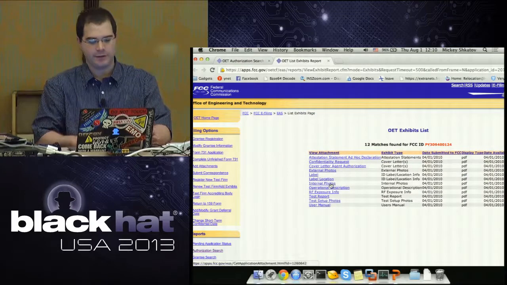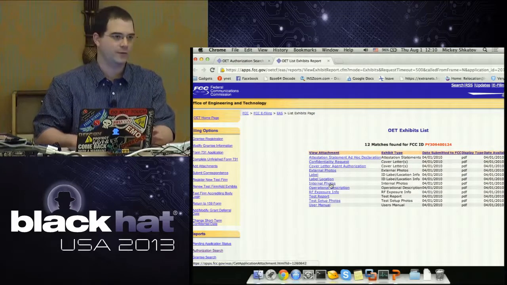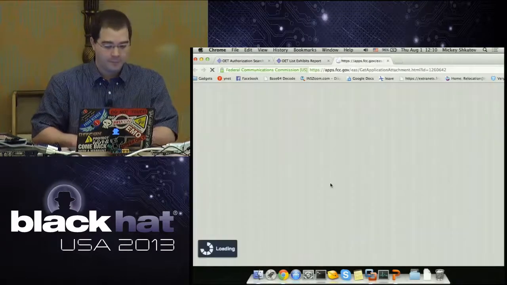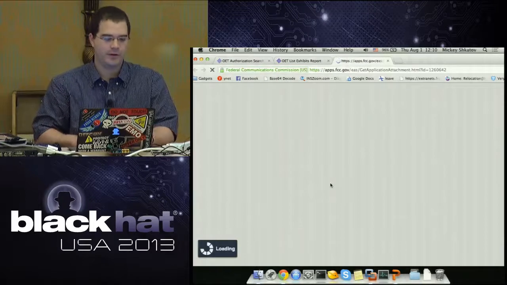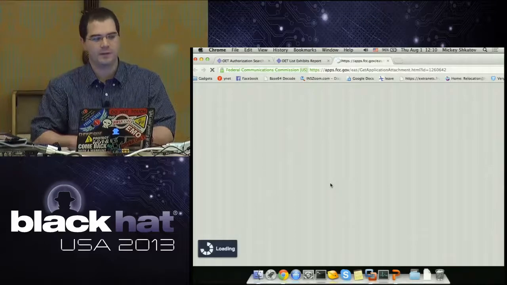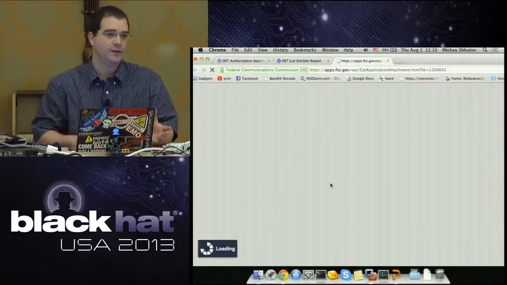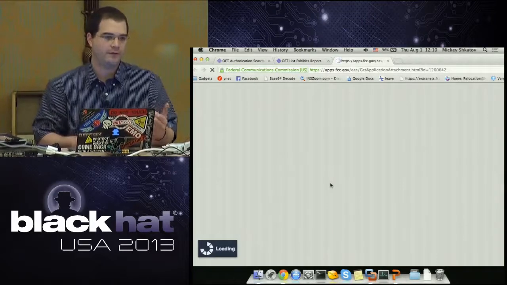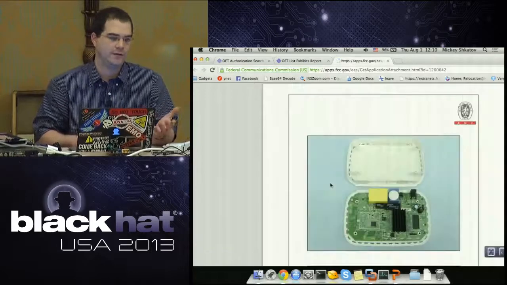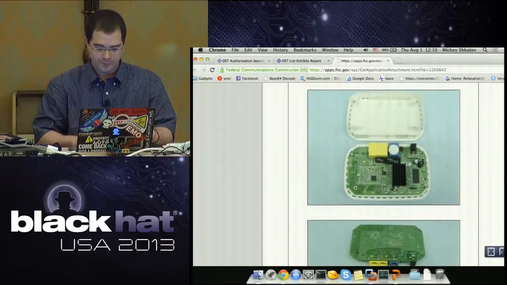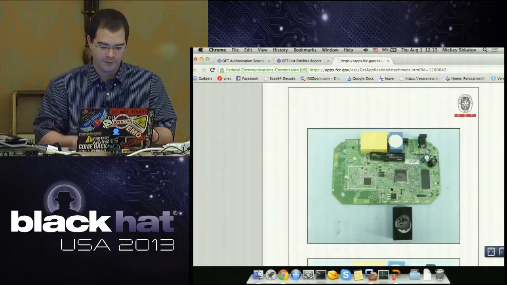And inside this thing, usually what you'll see is internal photos. In the internal photos of the device, it's easier to find compatible devices without buying them. Just find their FCC ID and look in the internals, and you don't have to spend money. So this is a great example.